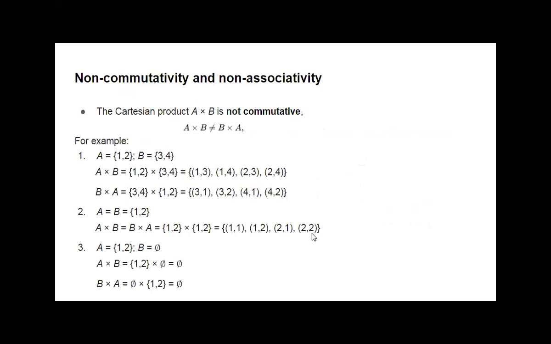Now we will again move towards non-commutativity and non-associativity. These are two different laws which we will consider for the Cartesian product. These are the concepts we have studied for sets, or in the first chapter for mathematical logic. All those things we are going to study about this Cartesian product also.